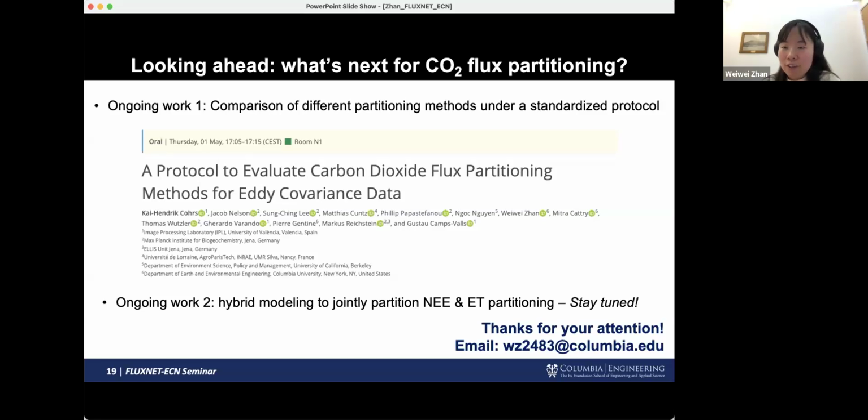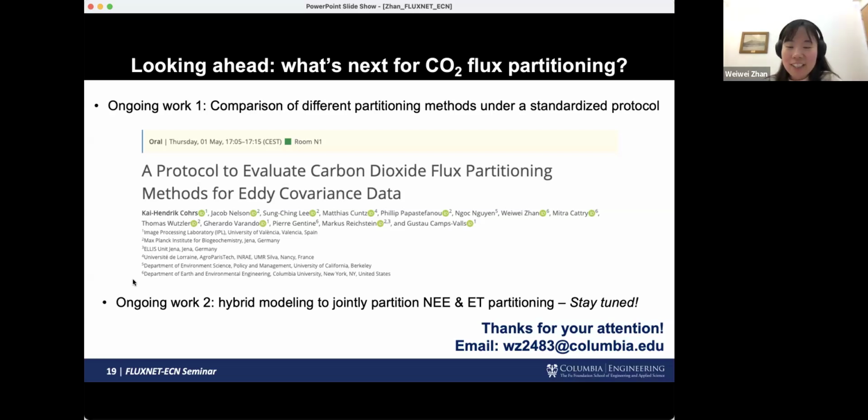Because there are more and more partitioning methods coming up recently, but they are evaluated by different teams, not using a unified benchmark data set or protocol. So they are trying to build a benchmark data set to evaluate different partitioning methods, to give a more transparent assessment of the weaknesses and advantages of different methods. He will be presenting this work at the upcoming EGU conference, and you are very welcome to drop by